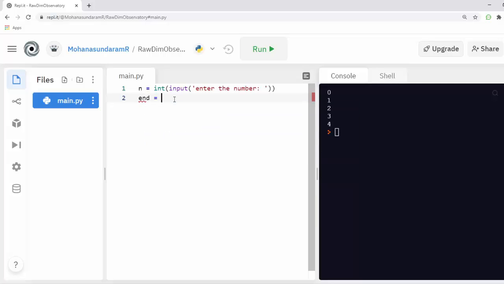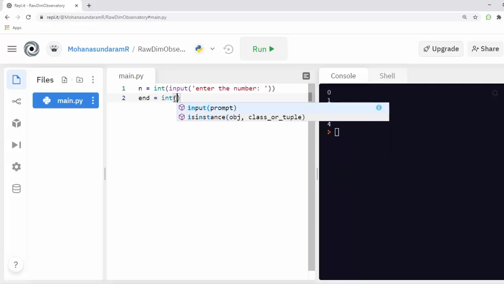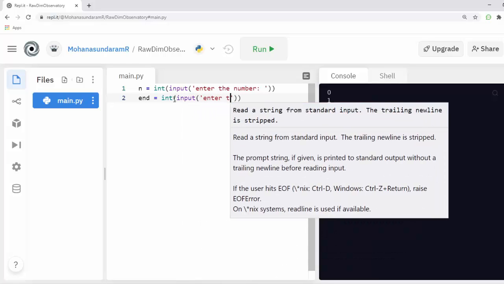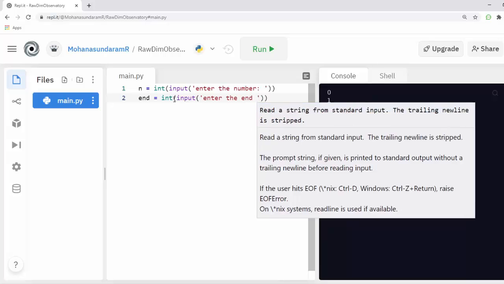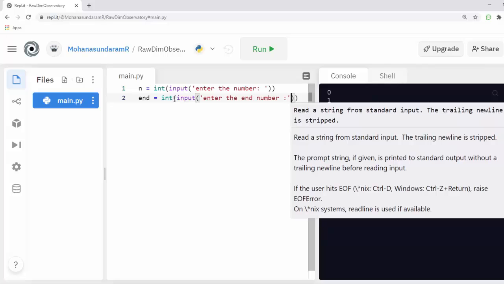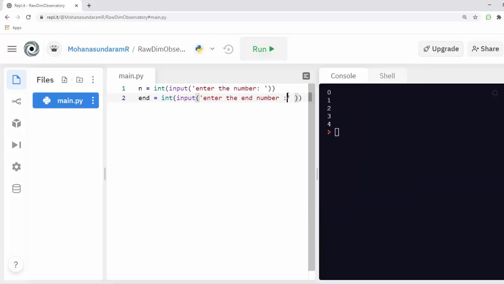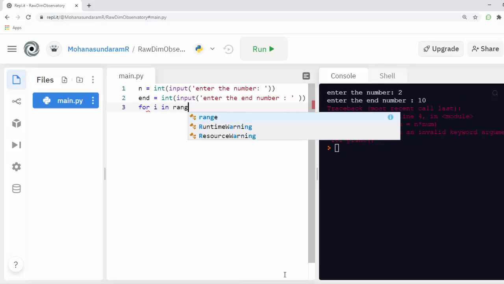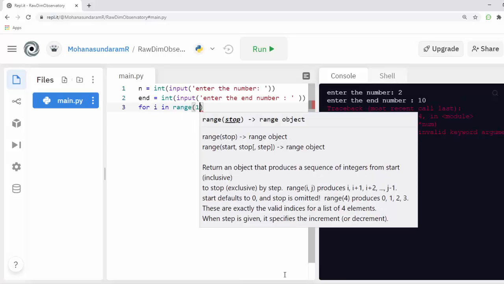This is going to be the end value that I want to multiply. My next line, I'm calling my for keyword, for i in range 1 to end